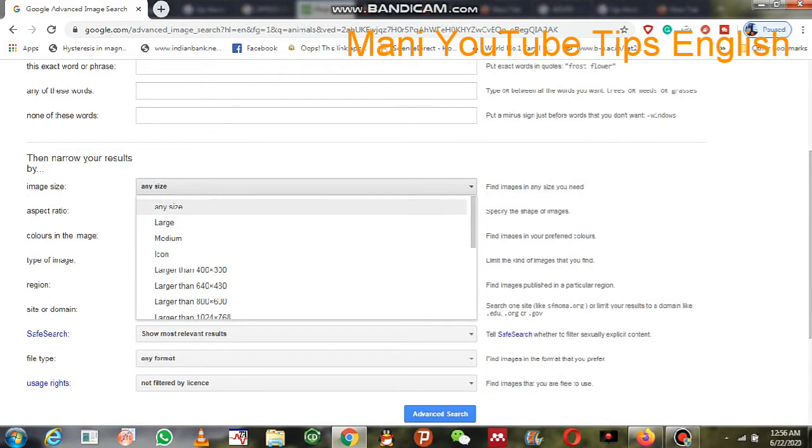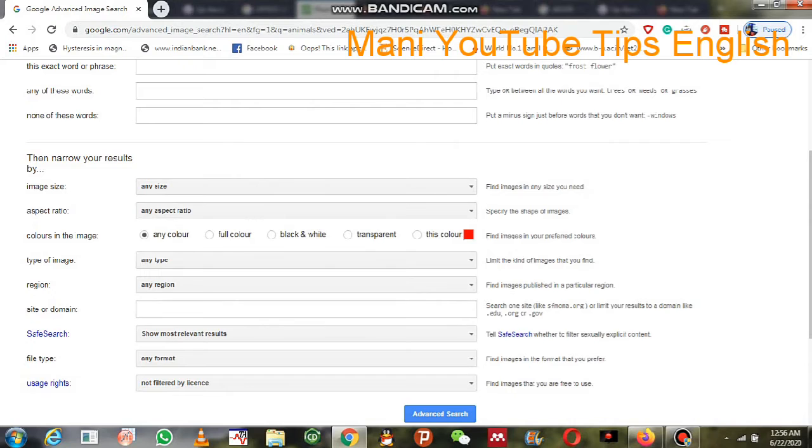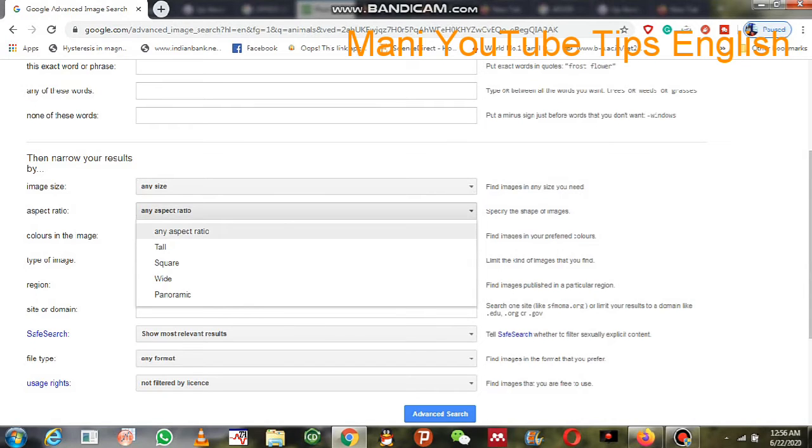You can select the image size. If you need any size, you can choose, lesser than or larger than 10 MB, 4 MB, 12 MB. You can choose the aspect ratio: tall, square, wide.